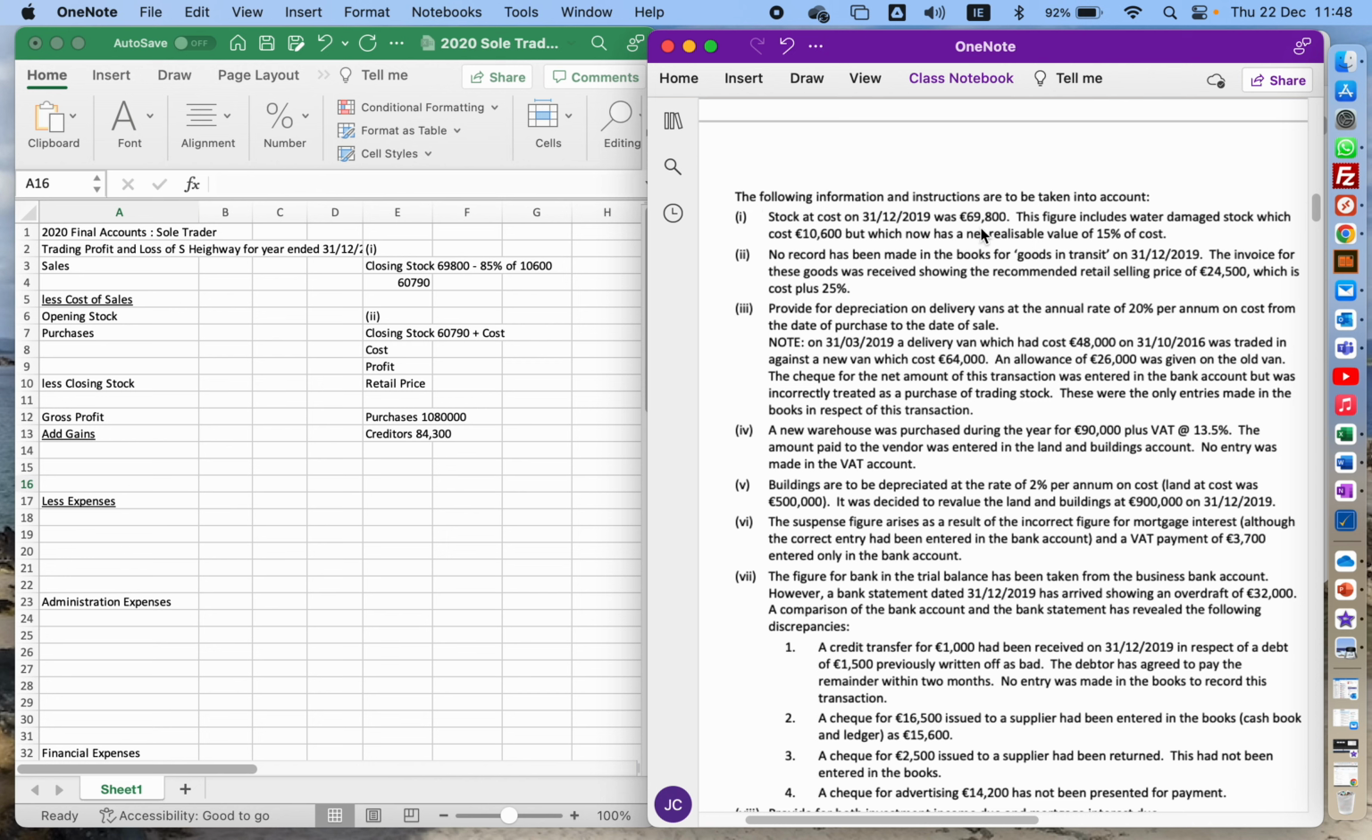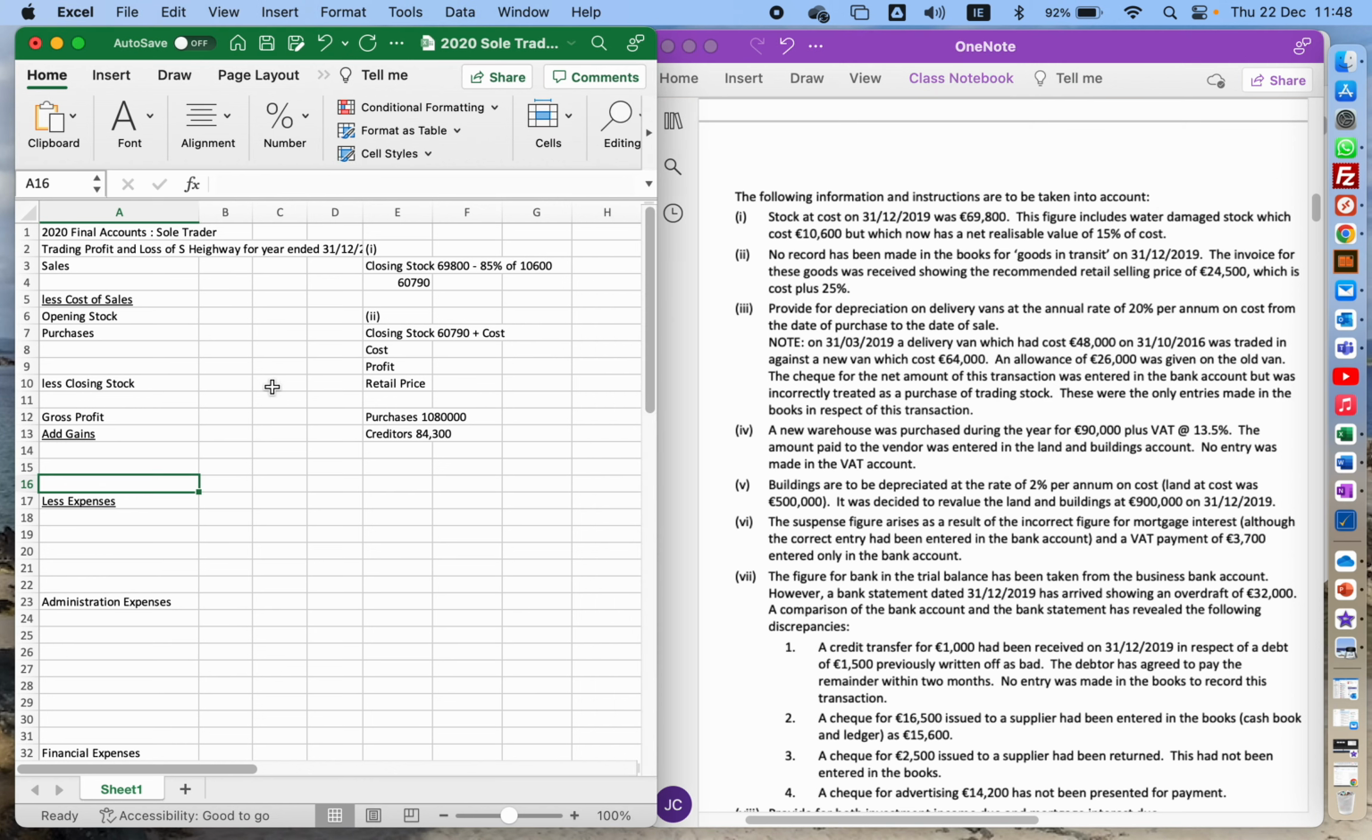So stock at cost was 69,800, so I put that in. It includes water damaged stock, which cost 10,600, now net realizable value, or it's worth 15%. So my closing stock figure is 69,800 minus 85% of the 10,600. So that's where it's lost that value. So that figure then is 60,790. So that's the new figure for closing stock. So I'm going to put that figure in,